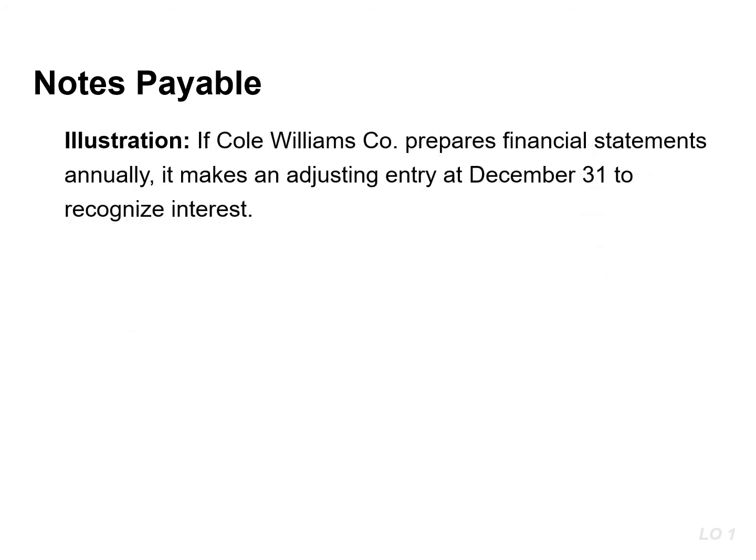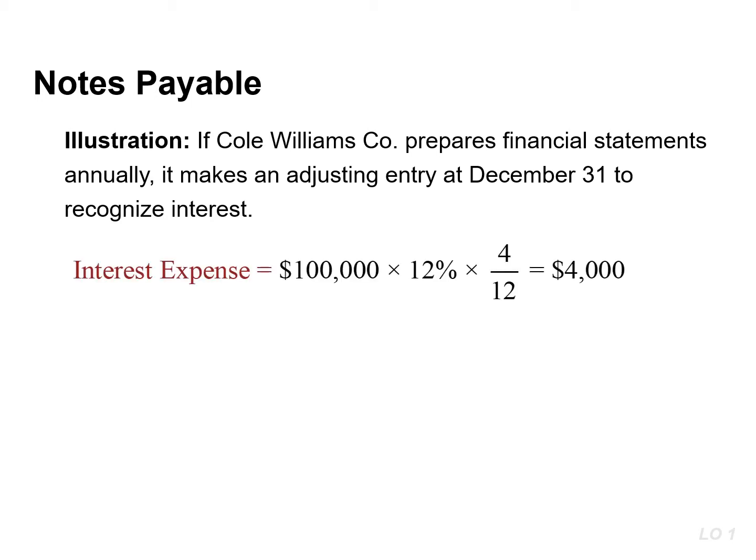If this company prepares financial statements on December 31st, it must make an adjusting entry to record 4 months of interest. The calculation for interest expense is the principal of $100,000 multiplied by the annual interest rate of 12%, and then we need to prorate the interest for the amount of time the note is outstanding. In this instance, it's 4 months or 4/12. The interest expense is $4,000. The entry to record interest results in a debit to interest expense for $4,000 and a credit to interest payable